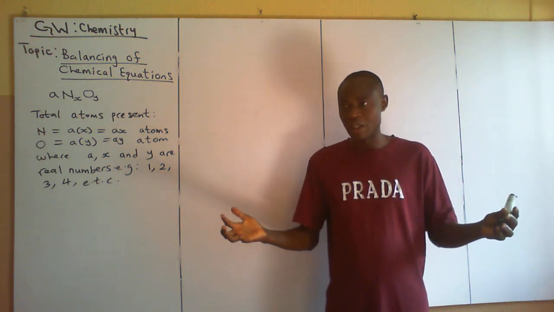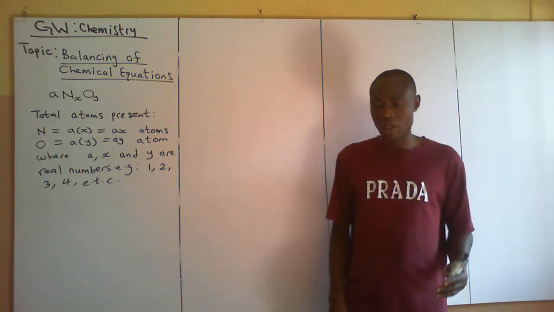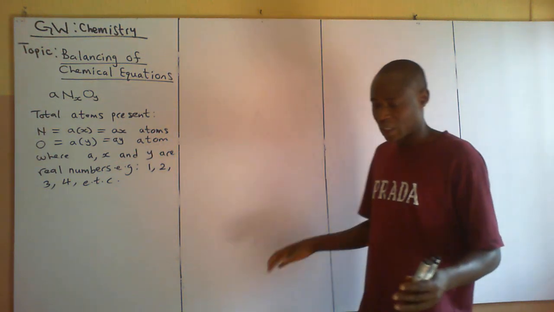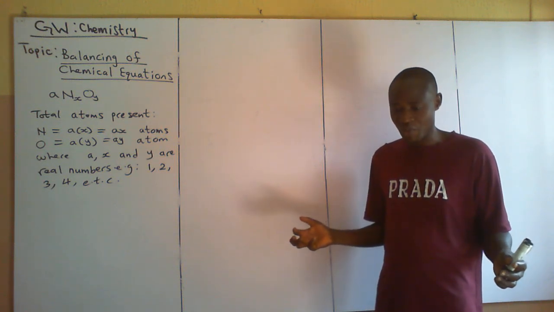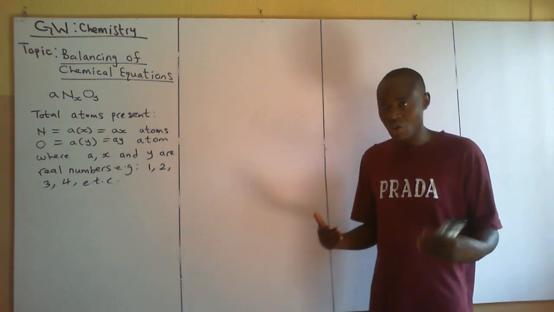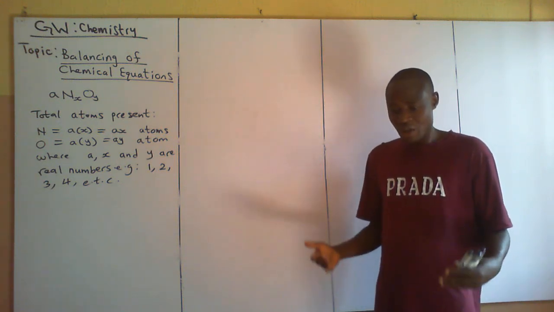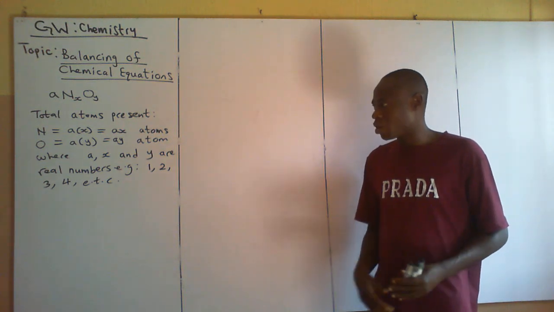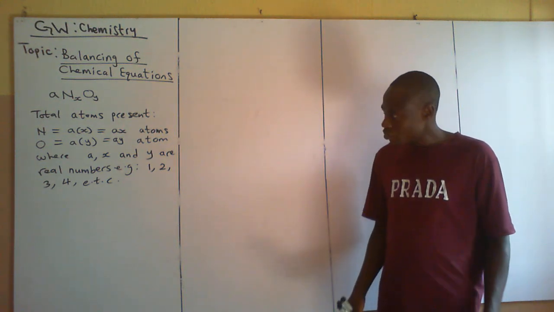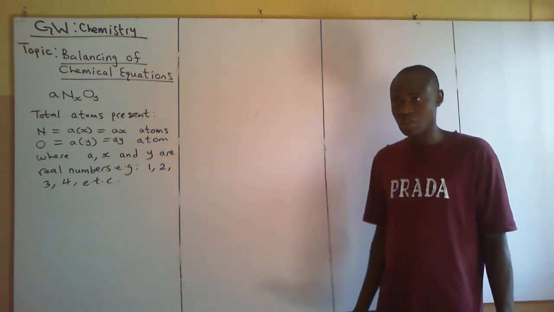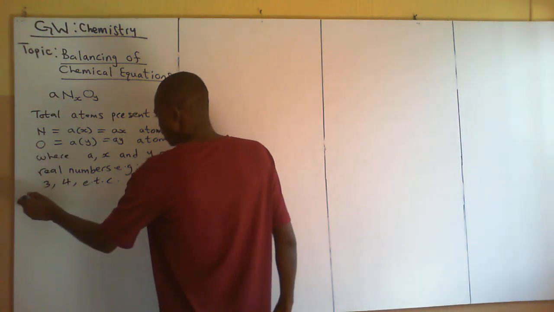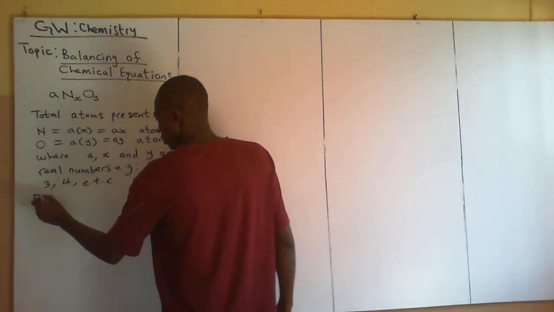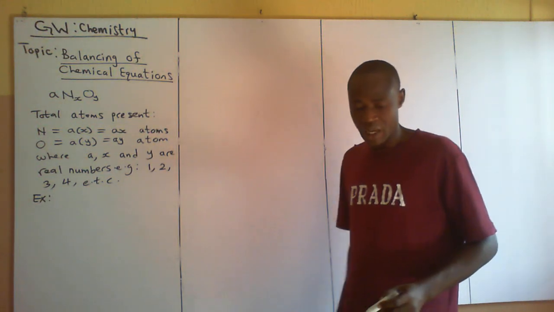balance chemical equations. Now take a look at this, because you have to understand that without a given example, the human brain is always at 0. But let me use some examples to back up this particular explanation so that you will understand it. Let's take a look at this. Assuming you are given this to balance,